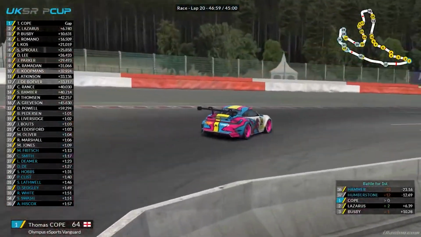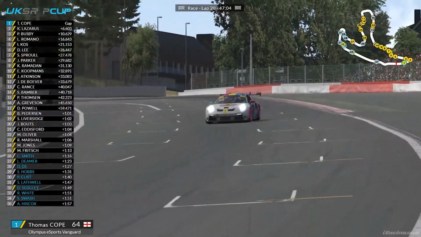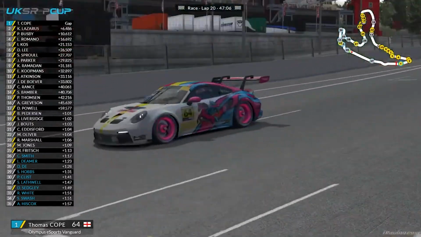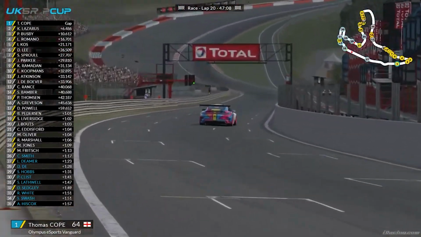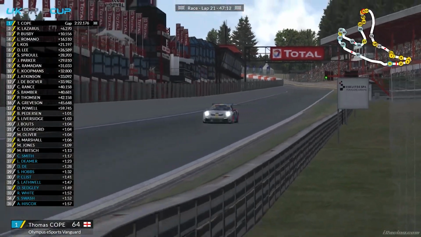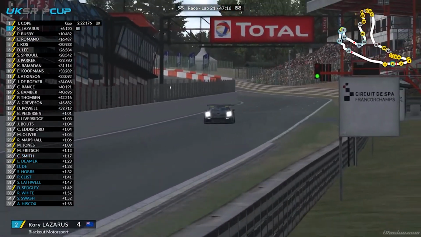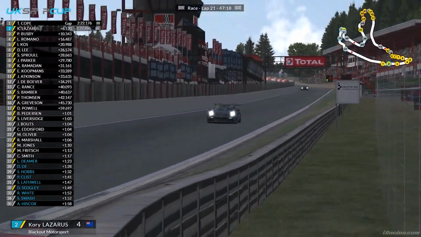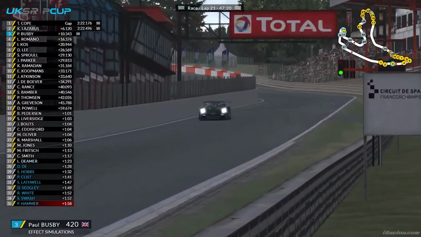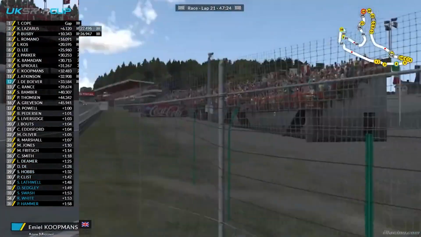as meanwhile, whilst the drama's happening further back, it's going to be a less than dramatic end to the race for your race leader. He's led from start to finish, and as he heads the line, he makes it 3 race wins in a row. Thomas Cope takes the checkered flag for Olympus eSports Vanguard in the overall and gold categories, 6 seconds clear in the end of Corey Lazarus, P2 for Blackout Motorsport in an absolutely brilliant drive in the late stage of the race. Paul Busby will take P3 for Effect Simulations, a podium well deserved today,